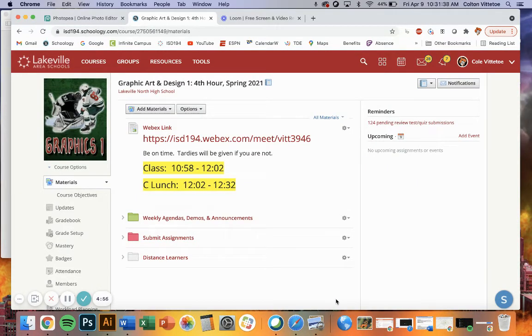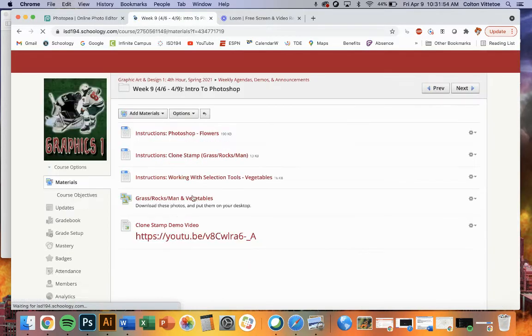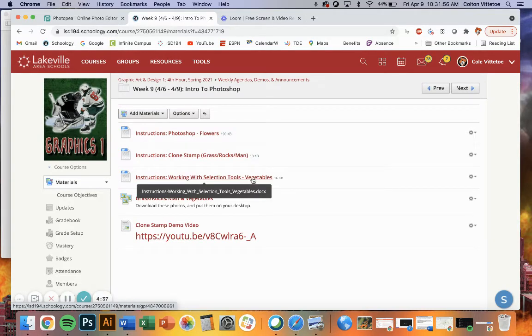So the next thing that we're going to be doing is working with selections. Selections would be how you take a part of a picture, whether you're going to move it or do some other alterations with it. So in the week 9 folder, I added the instructions for working with selections tools, the vegetables,